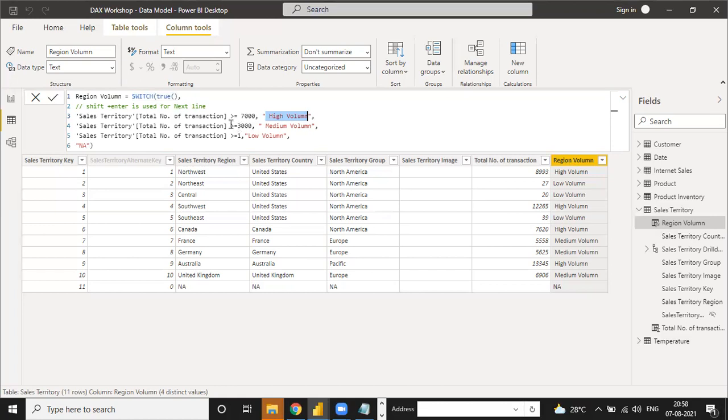If it is more than 3,000, then the value is Medium. So tell me, more than 3,000, the value is Medium, but more than 7,000 is also more than 3,000, so why does it not give us the Medium value? Do you understand my point or not? Yes, yes, understanding, sir. Tell me, sir, why is this value not given as Medium?